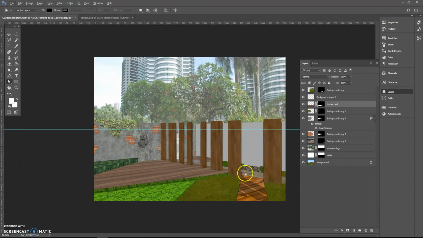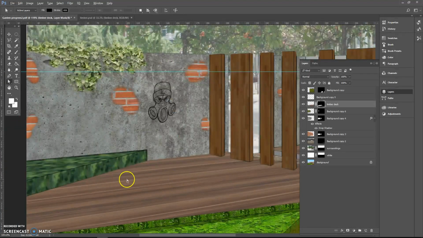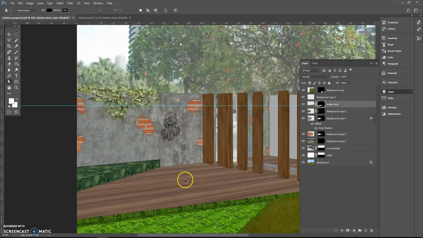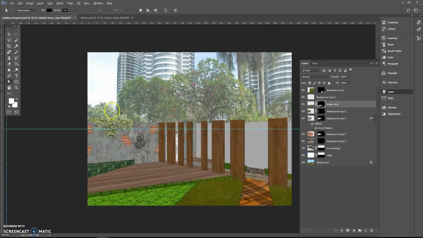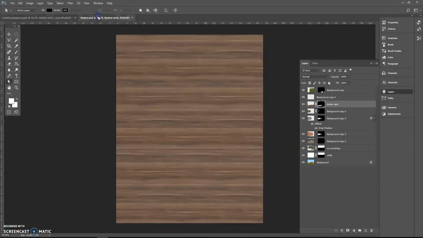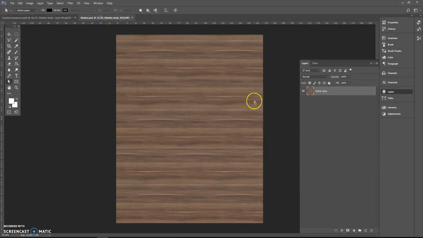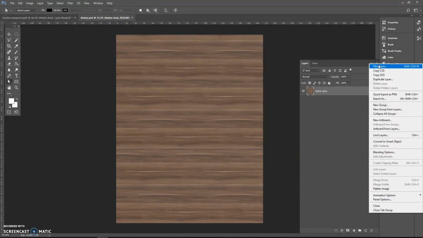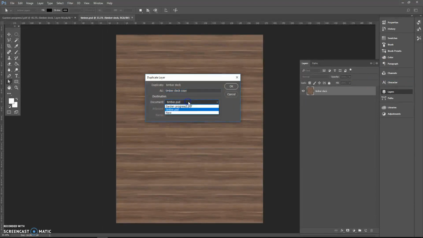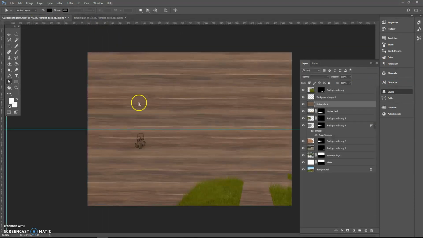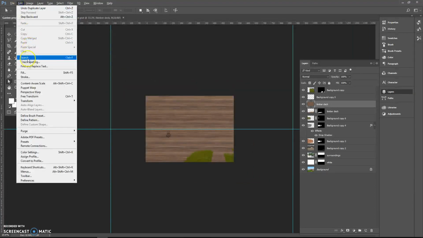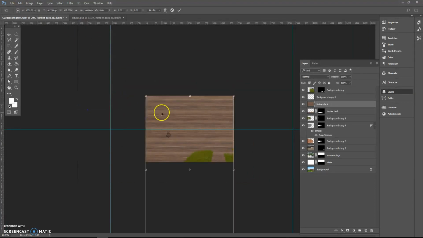Now, currently I have made the timber deck sort of parallel to the back wall here, and if I were intending to use my timber deck with the opposite orientation, I could very simply import the timber deck again and instead of skewing the vertical lines parallel to the left point, I could skew them to the right point. So I'll just quickly show that. So I duplicate this timber layer again into my garden, and I do edit, transform, scale it down a little bit first,